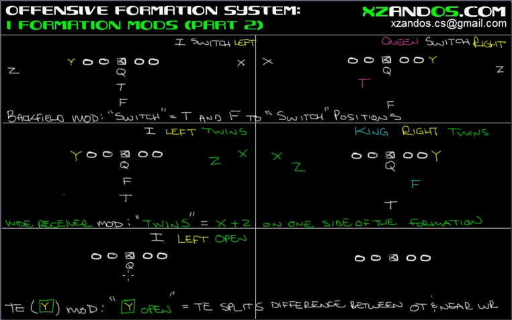quarterback, fullback, tailback. We know that because it's going to be a left open, the Z is going to be to the left and the X is going to be to the right. And because it is an open, the Y will be somewhere out there. And the reason why I put the box around the Y is to designate that it is an open call,